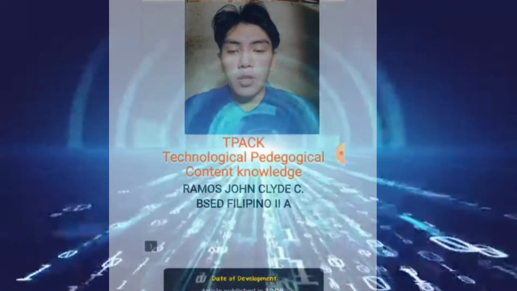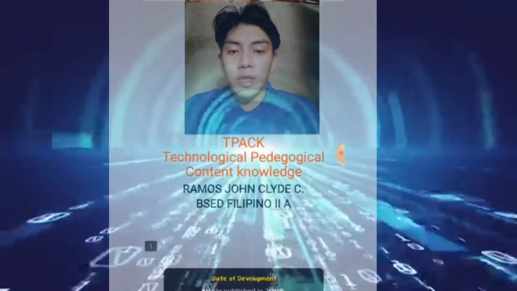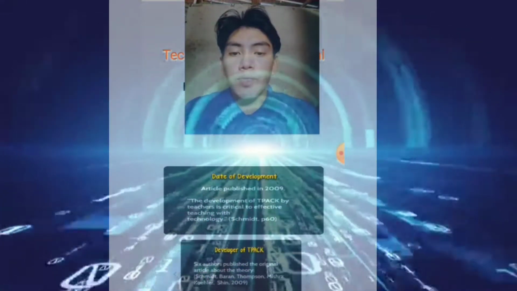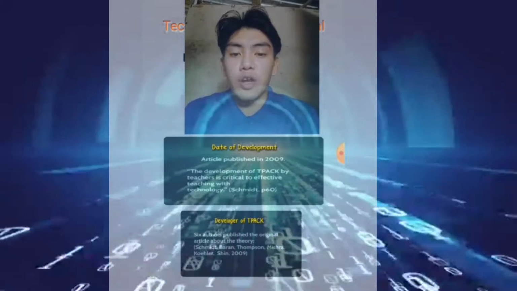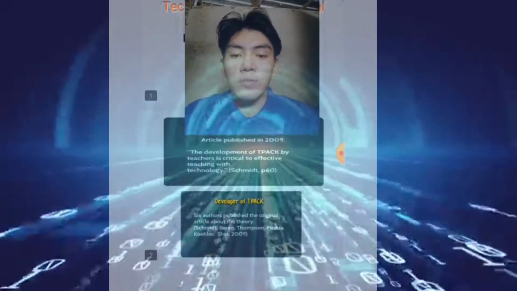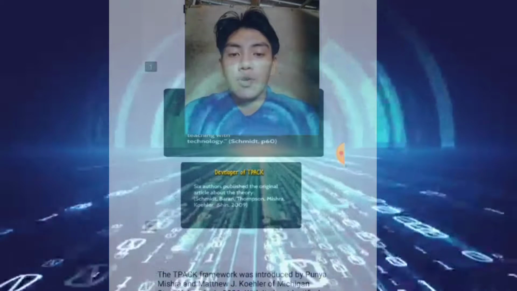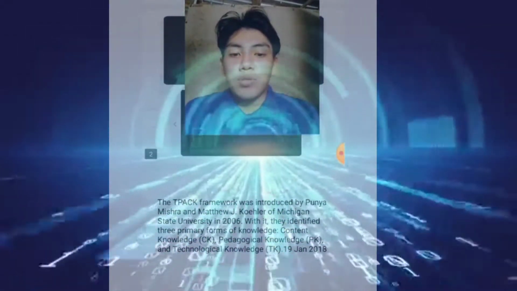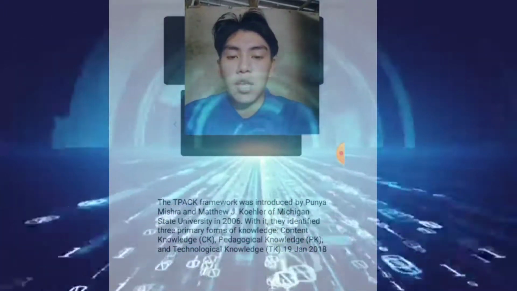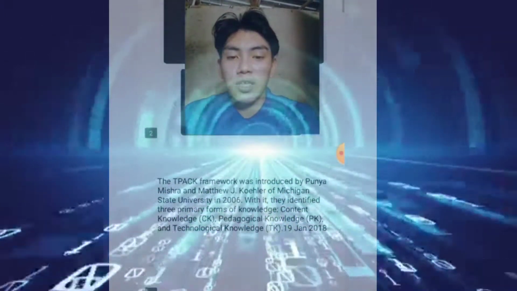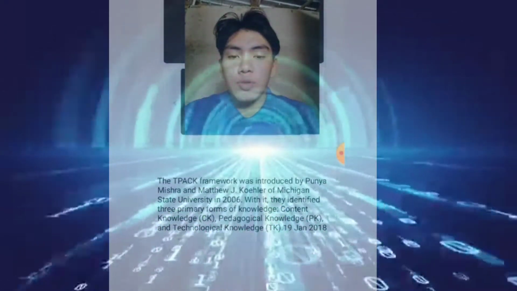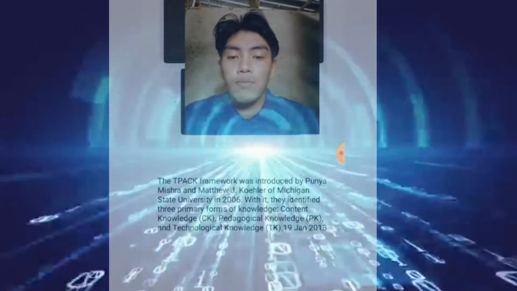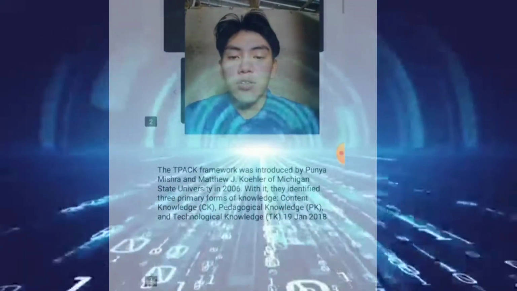My topic today is Technological Pedagogical Content Knowledge. The development article was published in 2009. Development of TPACK by teachers is critical to effective teaching with technology. The pillar of TPACK, with six authors, published the original article about the theory. The TPACK framework was introduced by Punya Mishra and Matthew J. Koehler of Michigan State University in 2006, which identifies three primary forms of knowledge: content knowledge, pedagogical knowledge, and